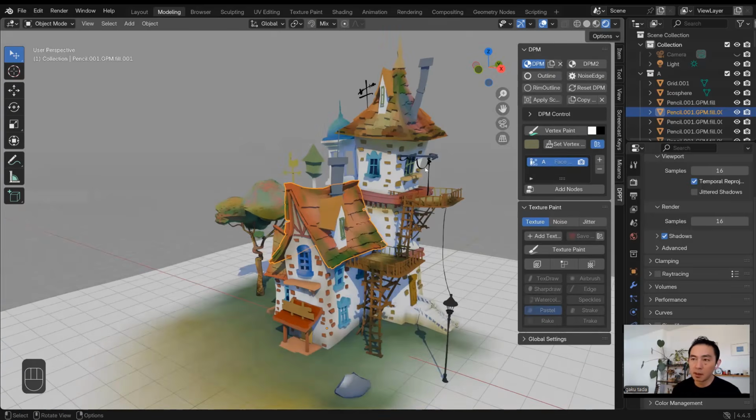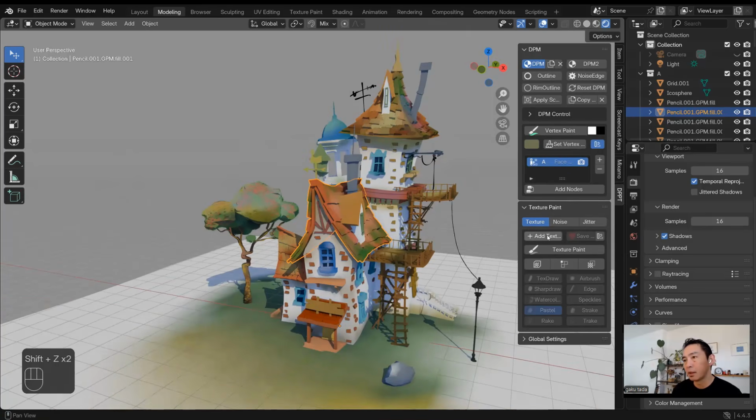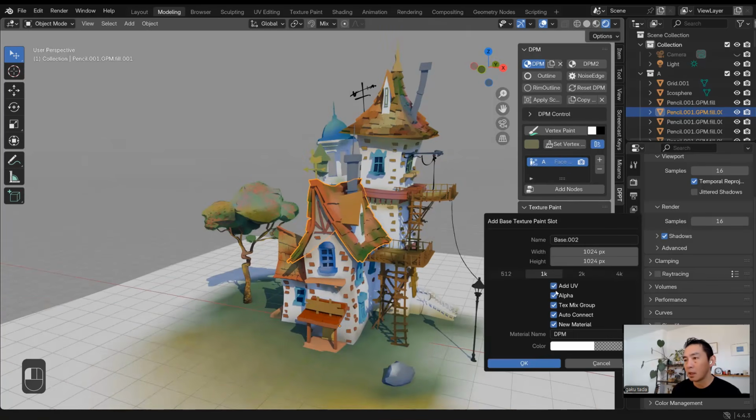For this roof, maybe I can use the texture map, right? Add texture, and then add UV and make a new material and hit OK. One may be fine.